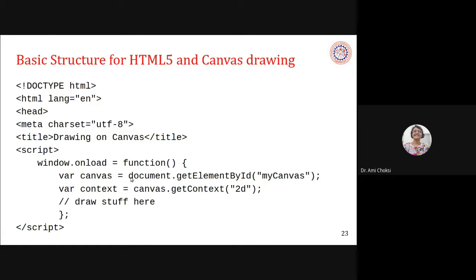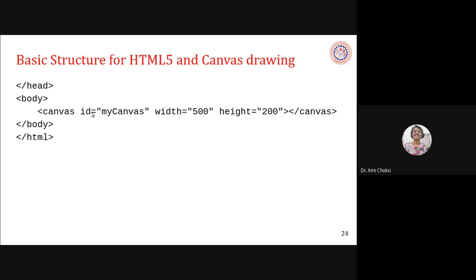That is with the help of document.getElementById, and the same name, same case we have given here. myCanvas. C capital, M small, and others are small, right? So it needs to be the same, okay?